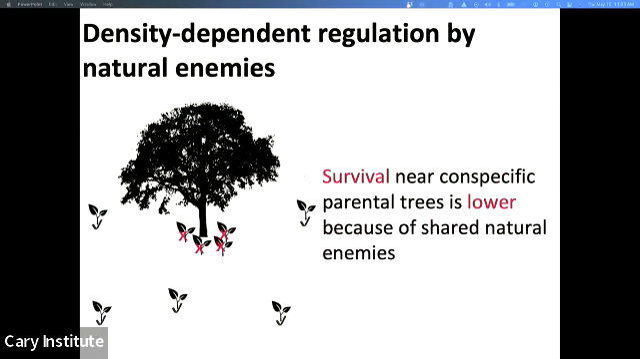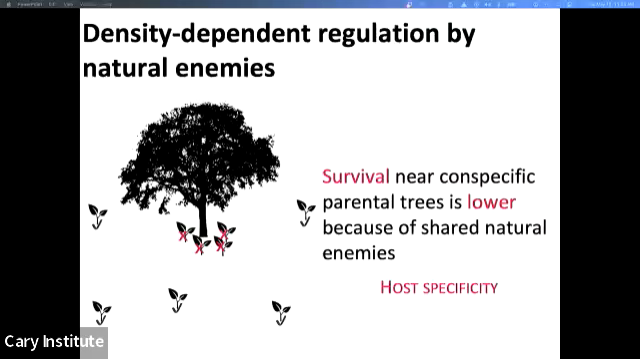And so in a cartoonish way, if we take this density-dependent regulation by natural enemies, what we are assuming is that if we have a mother plant, a parental tree here in the middle of the tropical forest, the offspring of that parental tree will have lower survival under the crown of the parental tree than seedlings or saplings away from that parental tree. And that result has been tested empirically over and over again in different systems, different places in the tropics and also elsewhere,